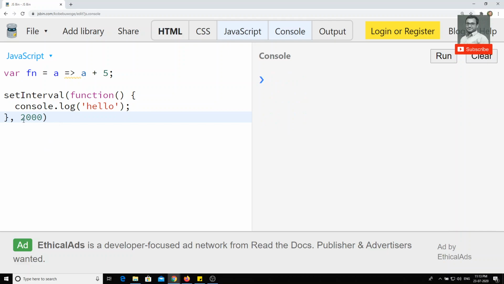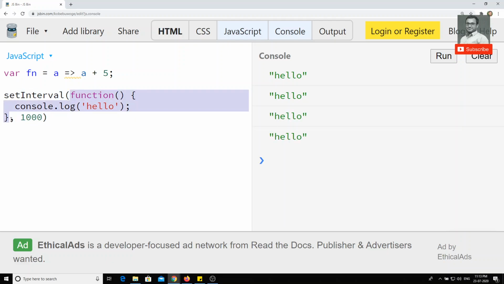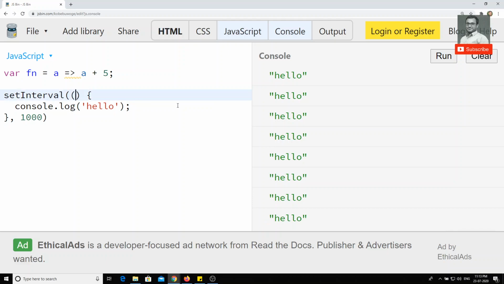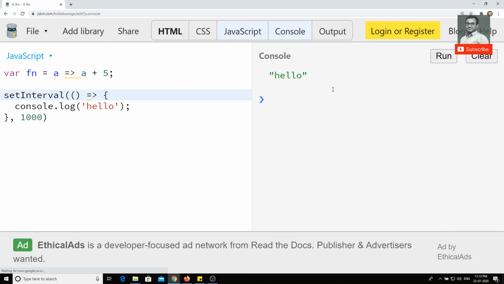Now if I keep it at 1000 here, what I want to do is change this to the latest way of representation. So we will remove this function and keep the arrow like this, with parenthesis only, and we will keep the equal-to and greater-than signs. Here there is only one line of code. Let's check the output. I am clearing it and running it again. Here you see the same output again, right?